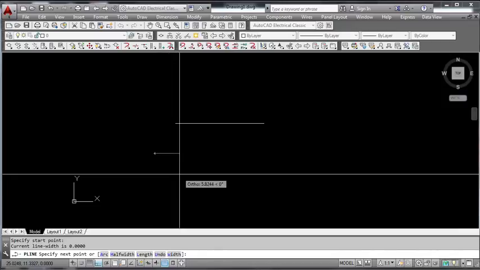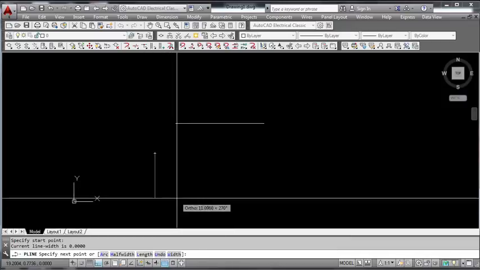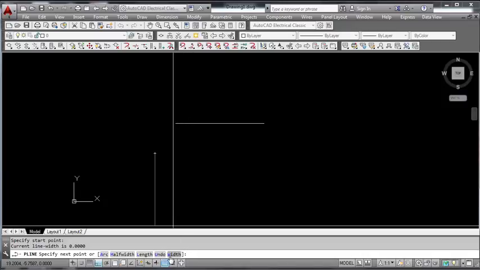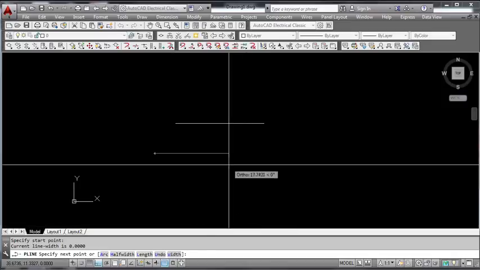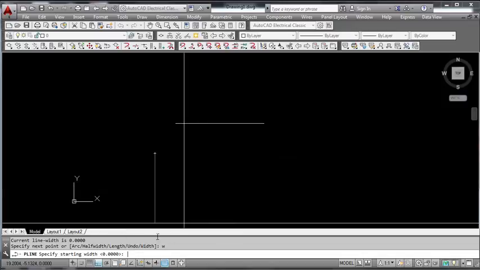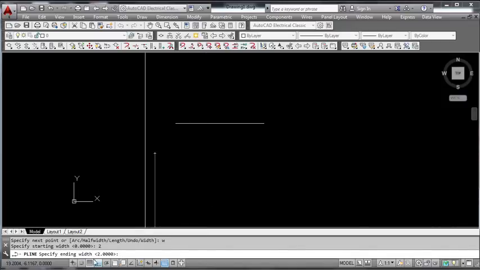As I said earlier, if you go deep into each and every part of this command, you will get stuck. So I will just give you an overall idea, and the rest you will learn by practicing. See, if I want to give a particular width to this polyline, I have to simply type W, which you can see in blue color, the capital letter W. Now it is asking for